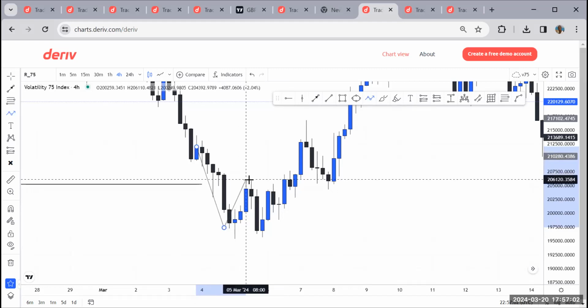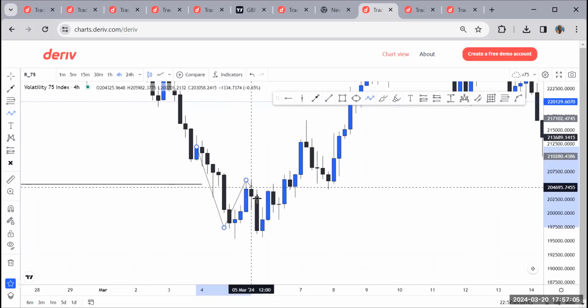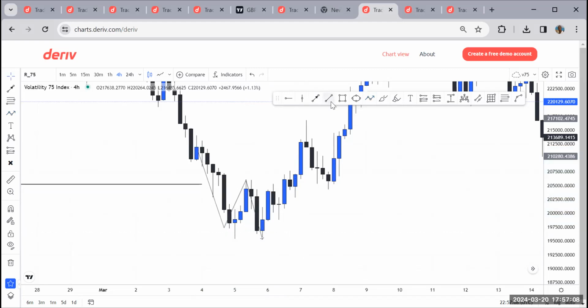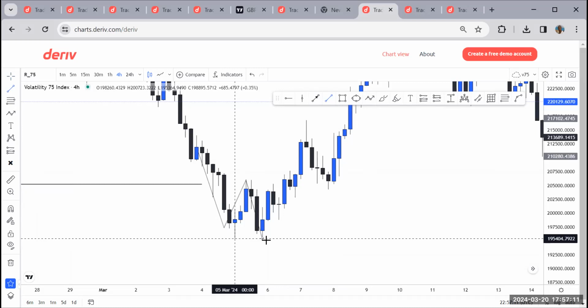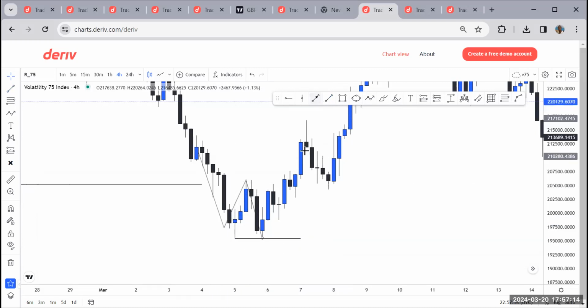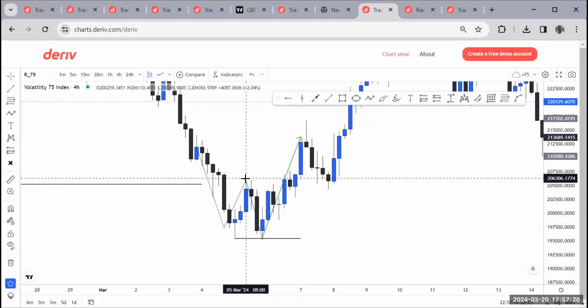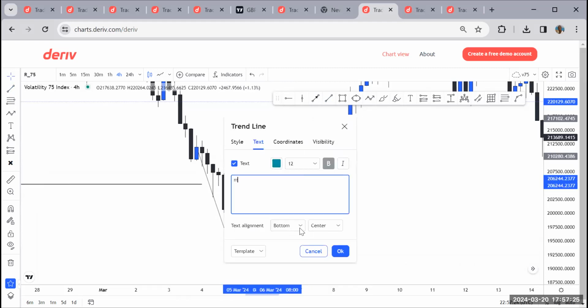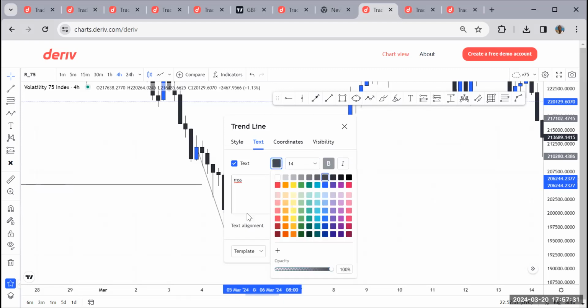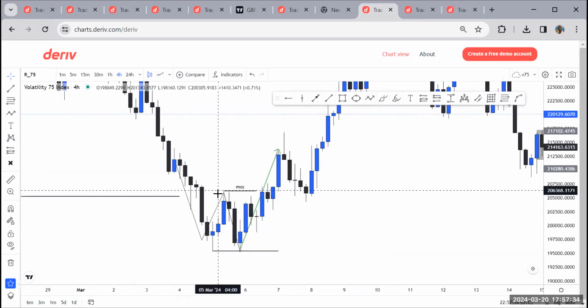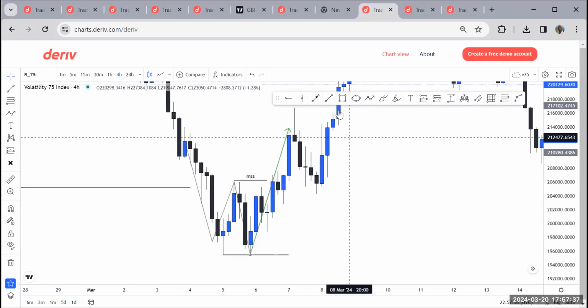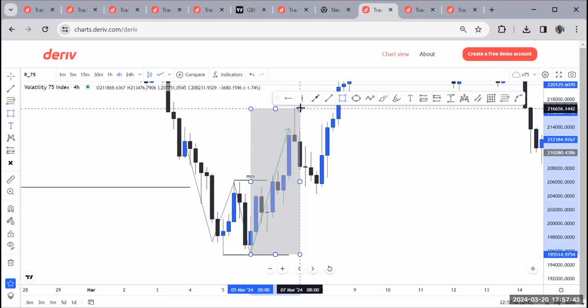market moved up and established this high here. And then it moved down and failed to take out this low. But what we saw is that the market went ahead and took out this high. So that was the market structure shift. So if the market has shifted, normally, within this leg, after a break of market structure